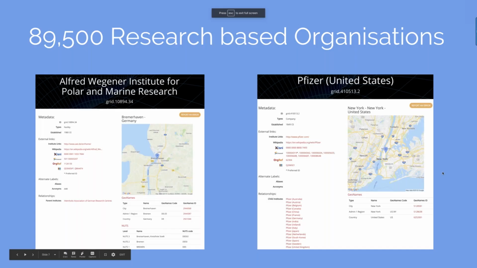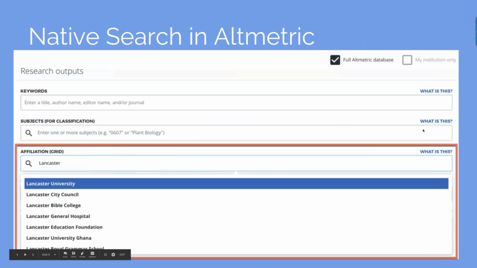I'm just going to jump back to the old slides. Feel free to go to grid.ac and have a look at it. When it came to the system, we wanted it to be easy, so we have actually built it right into